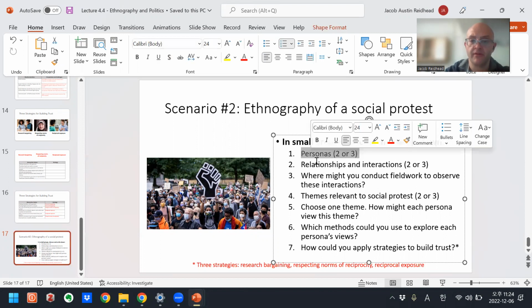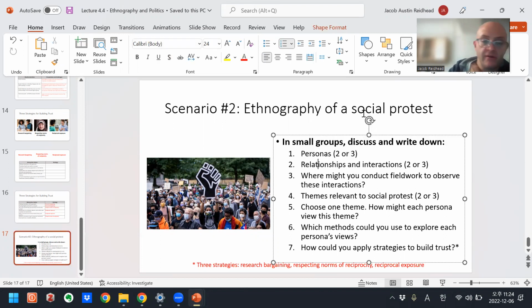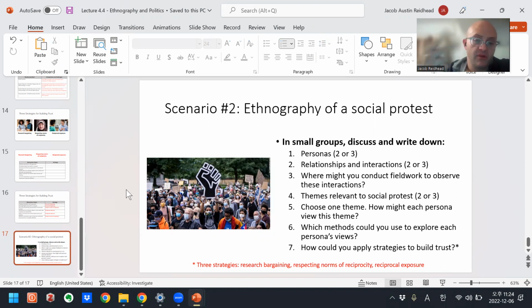So what are 2 or 3 personas in this scenario? For example, the protesters, the media, maybe the police, maybe the objects of the protest, those who are being criticized by the protest. So there's several personas involved in a social protest. So bystanders, right?